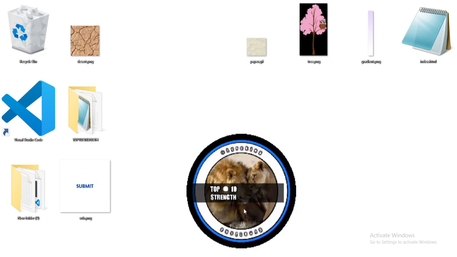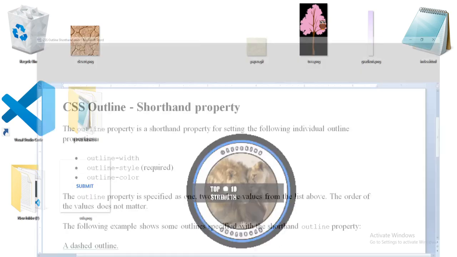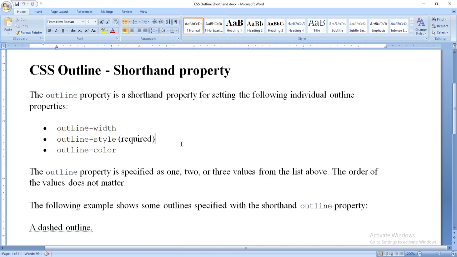Welcome back everyone. Quickly, let's continue our discussion on the CSS outline property. And right now, we'll be specifically talking about the CSS outline shorthand property. The CSS outline shorthand property is a shorthand property for setting the following individual outline properties,